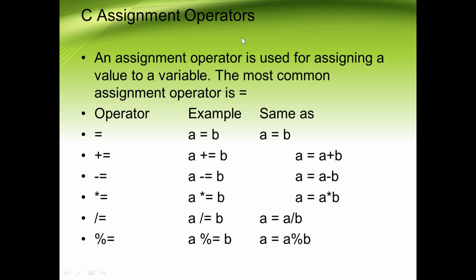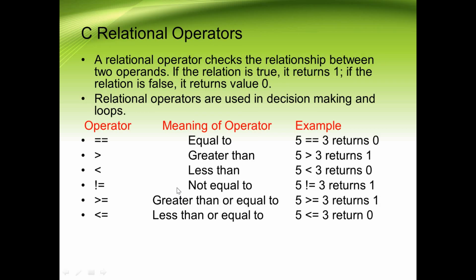There are some C assignment operators like a equals b, same as b equals a, plus a, and these, etc. Some C relational operators. There are some operators which are used for decision making and loops. Equal equal is known as the equal equal operator, but the meaning of the operator is equals to. If 5 equals 3, these are used for the condition of the decision. If the condition is false, it returns 0. There are also the greater sign, less sign, not equal,